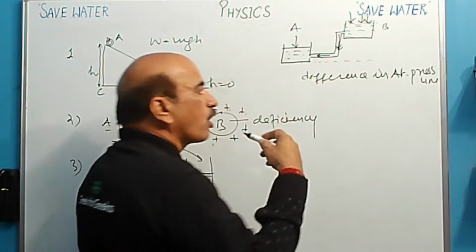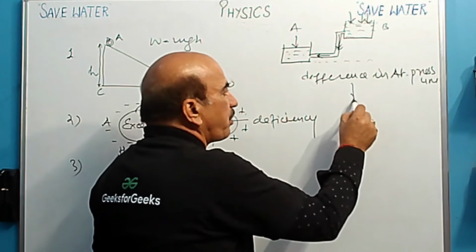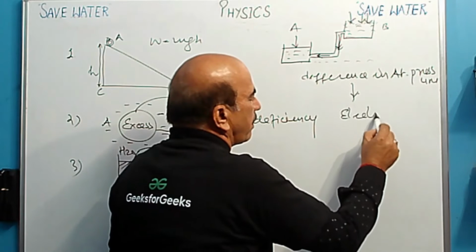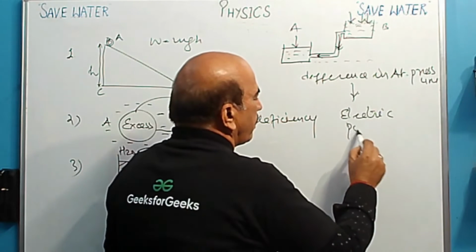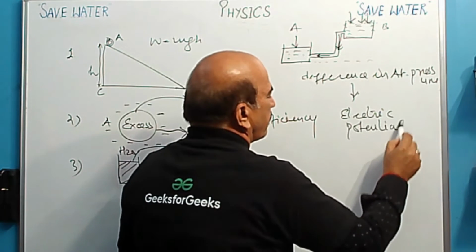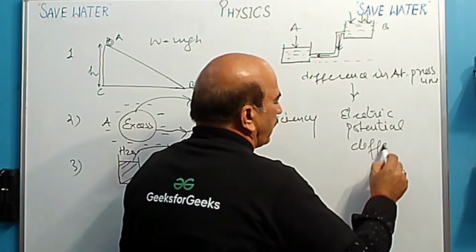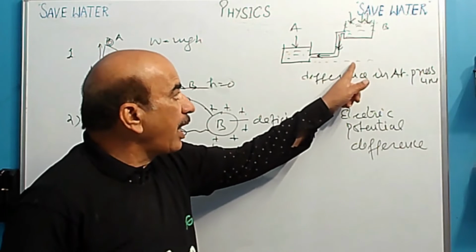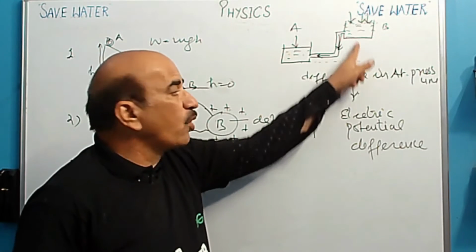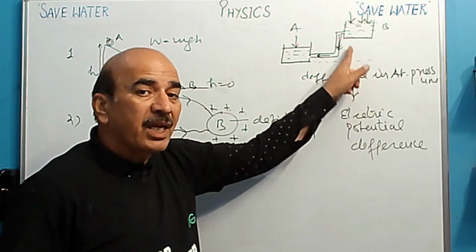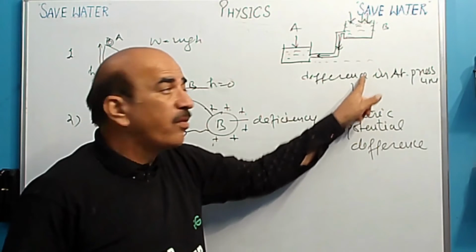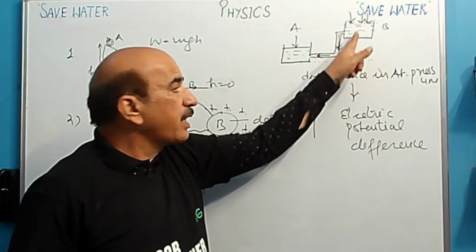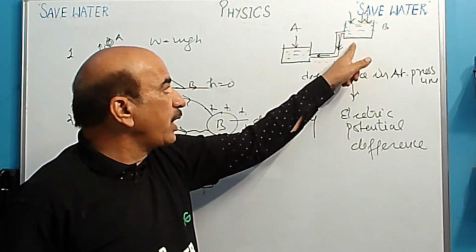Yes. So when we talk about the charges, तो उसमें क्या होता है, in place of difference in atmospheric pressure, the word is electric potential difference. Electric potential difference. So here we have to raise it. We have to do some work to move it up, है ना? इसको हमें काम करना पड़ा इसका लेवल उठाने के लिए. We have to do some work to lift the container B. Only then pressure is created and then water flows from B to A.